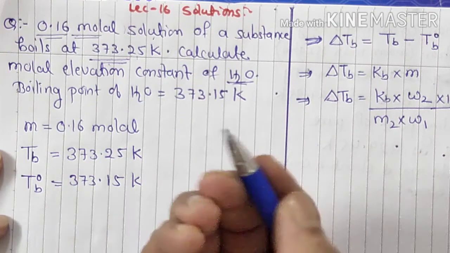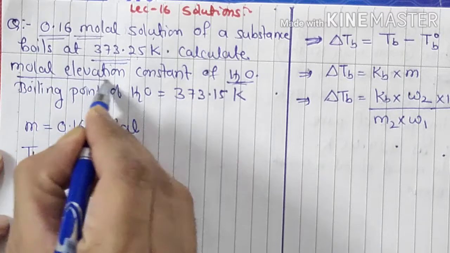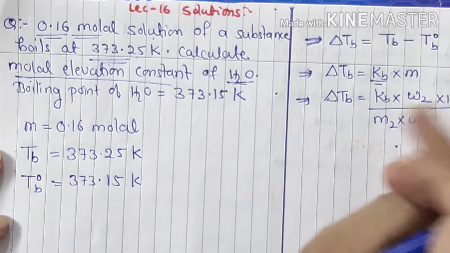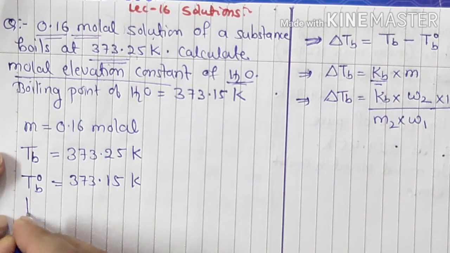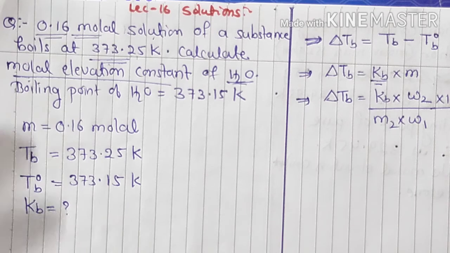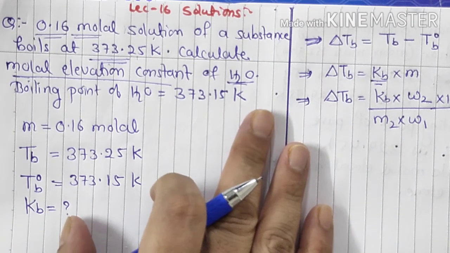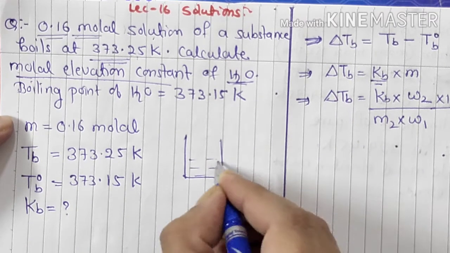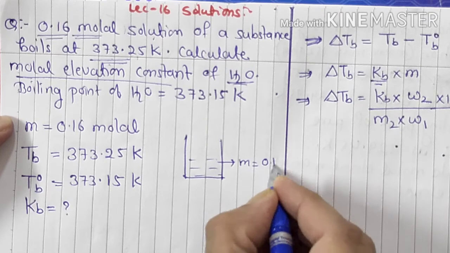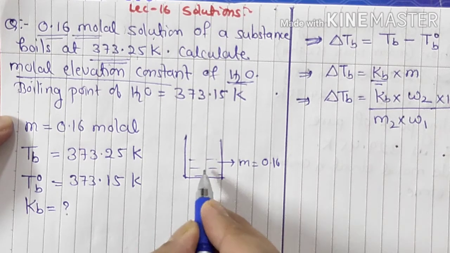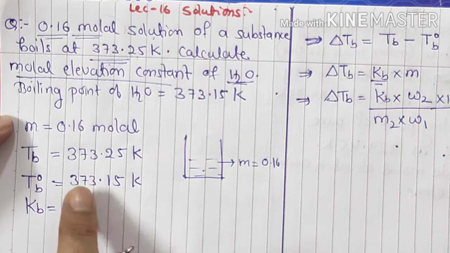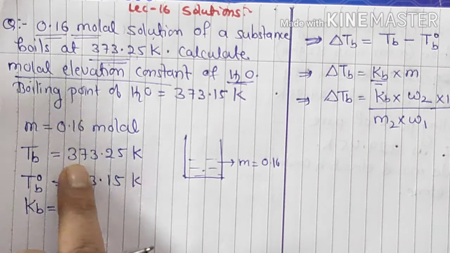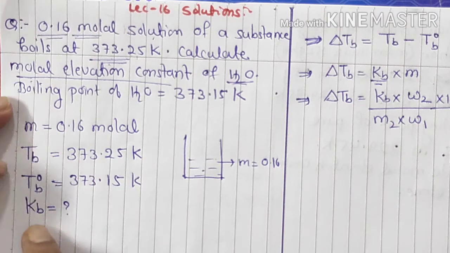Now what we have to find out? We have to calculate molal elevation constant. What is this KB, student? This KB is nothing but molal elevation constant, right? So KB हमको फाइंड करना है. I hope the question is clear, right? एक सोल्यूशन है मेरे पास, इस सॉल्यूशन का मोलैलिटी 0.16 मोलाल है। ये सॉल्वेंट है वाटर जिसका बॉइलिंग पॉइंट 373.15 केल्विन और सॉल्यूशन का बॉइलिंग पॉइंट 373.25 केल्विन। KB फाइंड करना है।